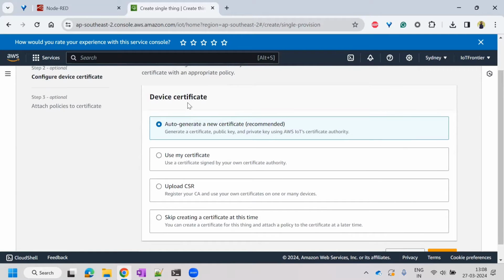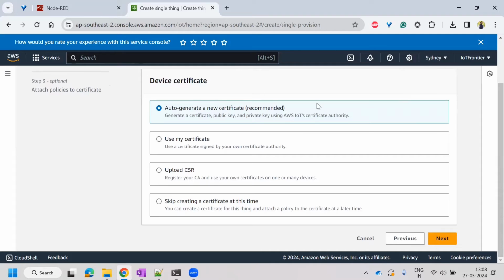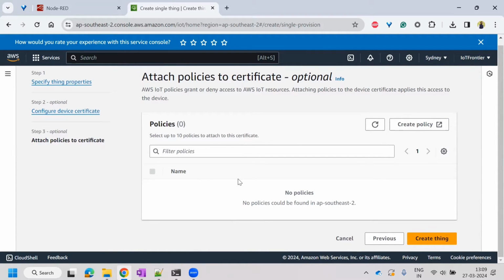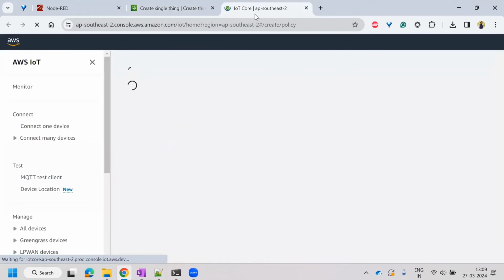And here the important part is the device certificate. I'll be using the recommended option, which will automatically generate new certificates. Now I need to create a policy. As I don't have any policy, I need to create a policy by clicking on create policy. It will open a new tab,